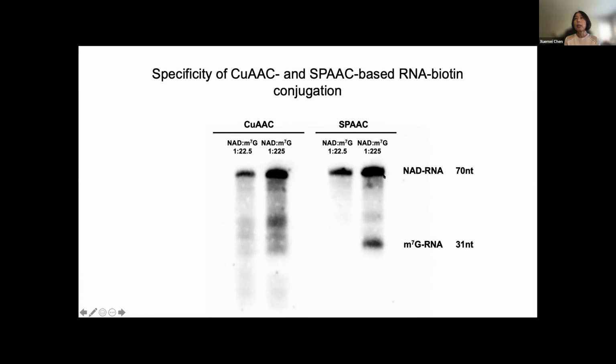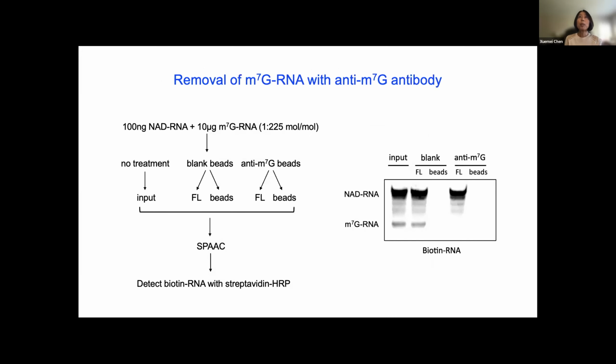And here you're seeing the signals of biotin RNAs. As you can see, when the M7G RNA was at a high level, we do see it being converted to biotin RNA. And we suspect that this was also going on with the CoA reaction. It's just that the RNA degradation prevented the identification of the M7G RNA by size. So then we thought that maybe we should try to remove M7G RNAs to prevent them from contaminating the NAD